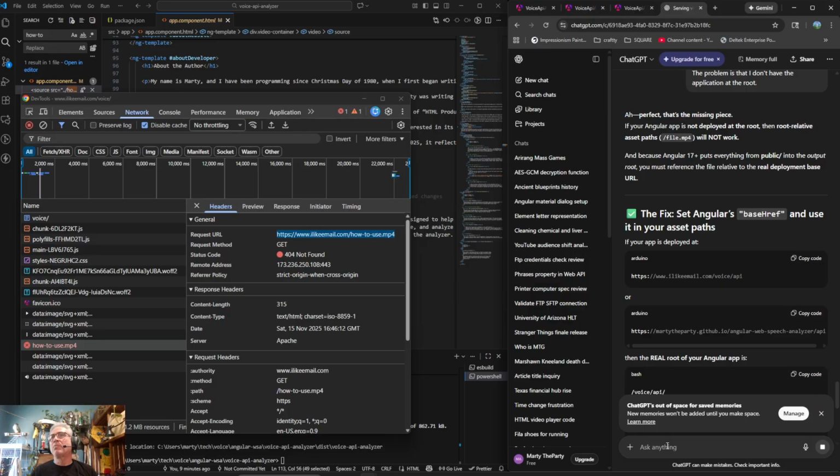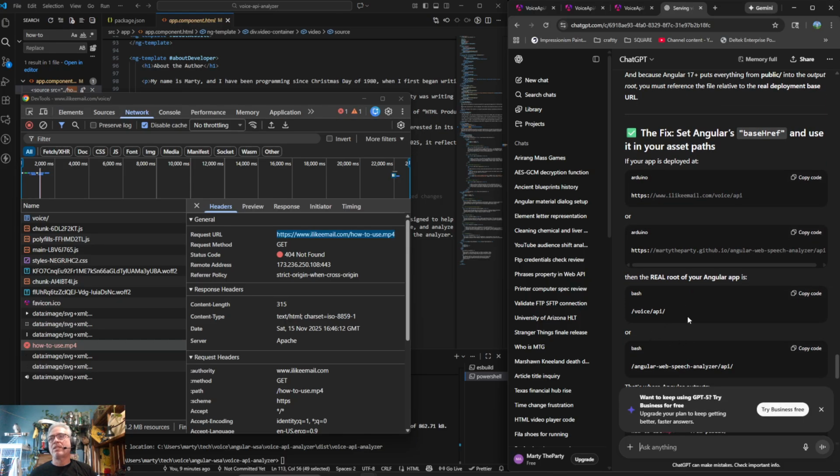Everything is public, output to the root, place URL. The real root of it is voice API.